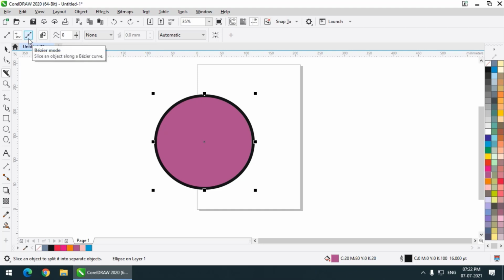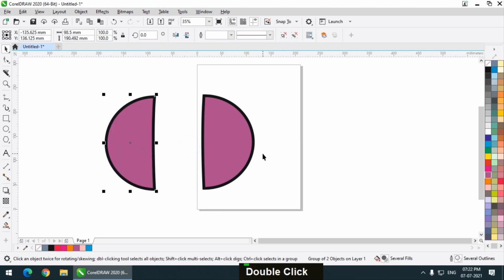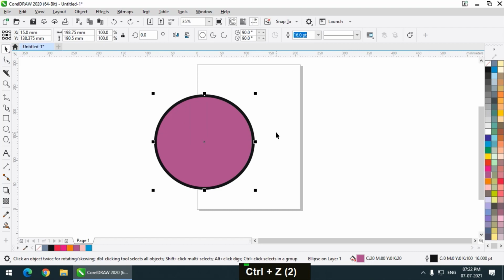Then we have this option called Bezier mode, using which I will click over here, and double click so that it will close. The Bezier tool is basically the Bezier tool, but instead of using it to create shapes, we are using it to cut the shape.